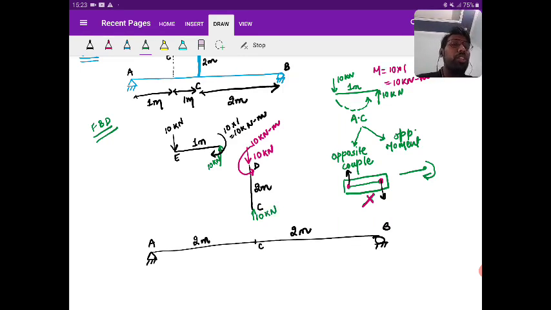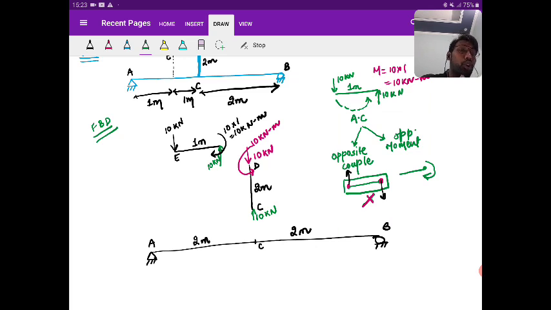Yes. Now this 10 kilonewton at D and C are in the axial direction. Yes or no? What I am saying, please be patient and listen, it's very important. This 10 kilonewton at D and C are equal and opposite and axial in nature, that is, on the same line. So it is completely balancing each other and it is not going to create any couple.